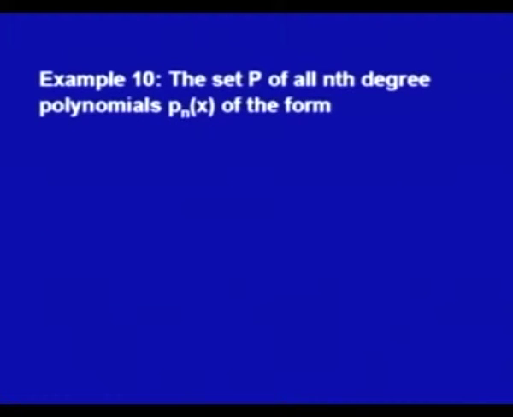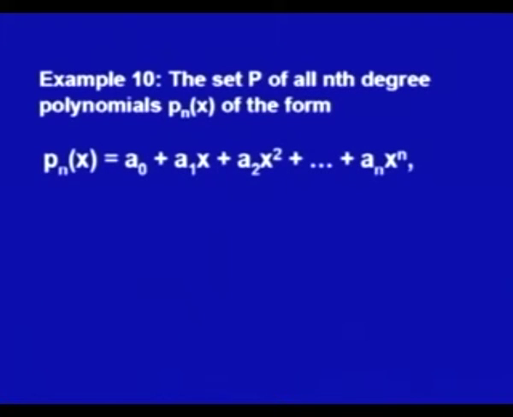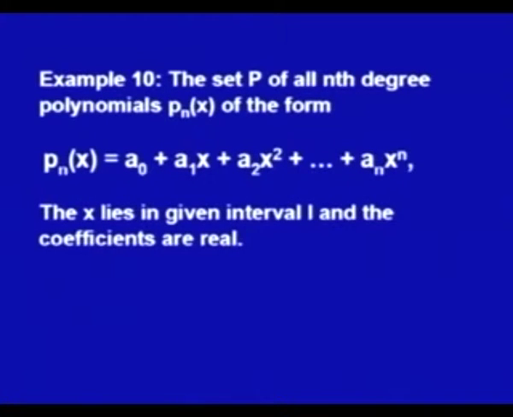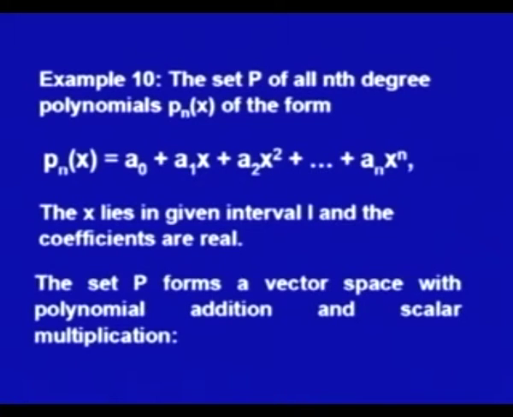The example I take now is from the set of nth degree polynomials p_n(x) of the form p_n(x) = a_0 + a_1 x + a_2 x^2 + ... + a_n x^n, where x lies in a given interval I and all the coefficients a_0, a_1, a_2, ..., a_n are real. Then this set P forms a vector space with polynomial addition and scalar multiplication, which is